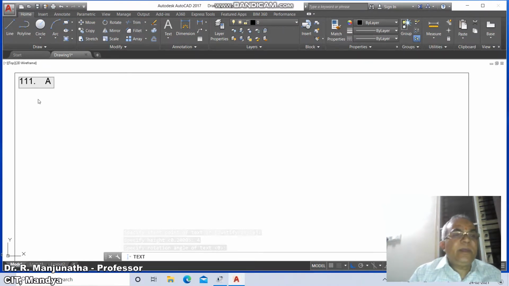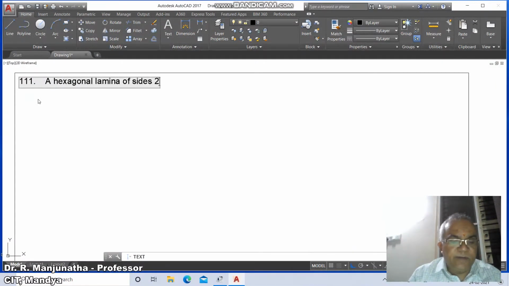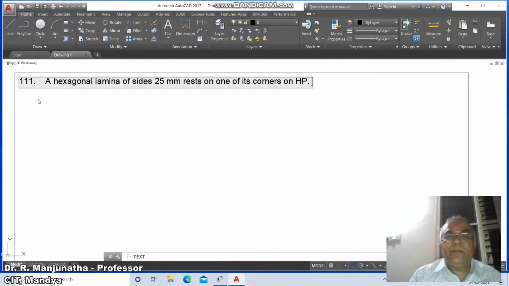to a hexagonal lamina of sides 25 mm rests on one of its corners on HP.